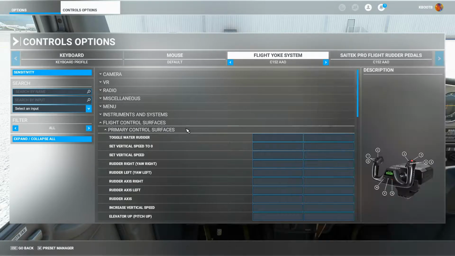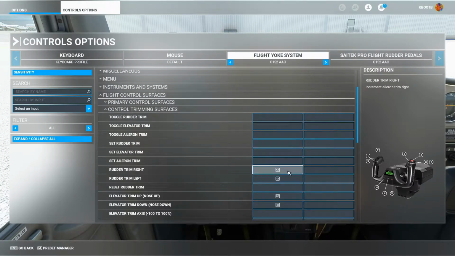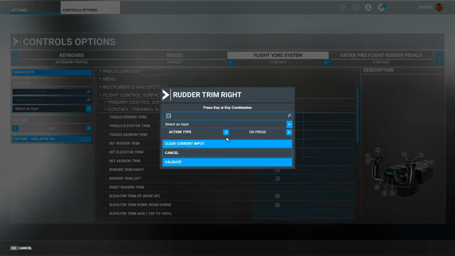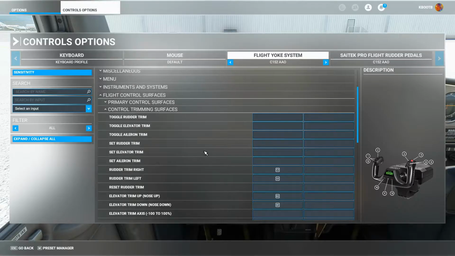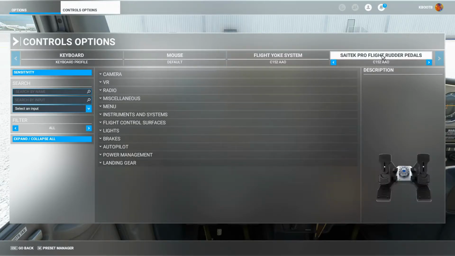Let me show you one in action. I've got my trimming surfaces still here, so if I wanted to get rid of this one here, click on there, I would clear current input and press validate, and that'll be gone. Okay, so that's what I've done. Let's cancel that. That's what I've done on the primary control surfaces, and I've done the same here in my rudder